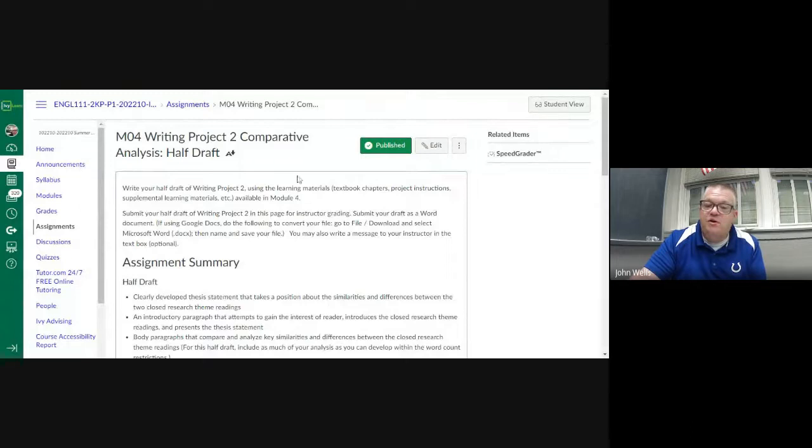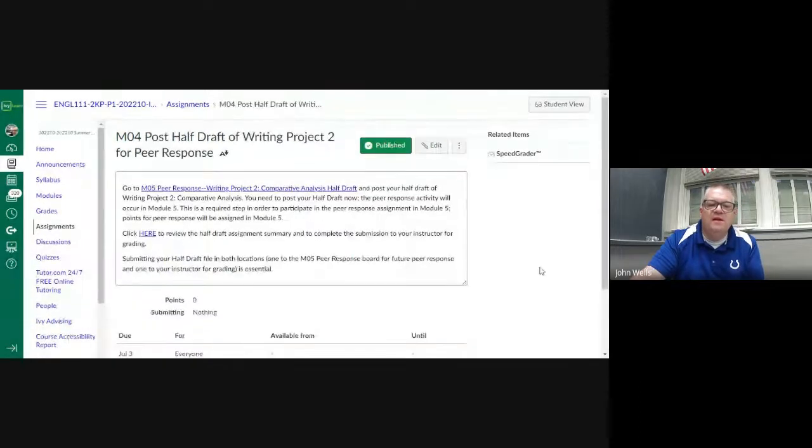Then we have where you turn in your half draft, okay? Again, most of you haven't had any trouble turning those things in, but if you do, email it to me and make sure that you get it turned in on time. That's the key element. Then we can help you get it into the right place if we need to. Once you've linked your Google Drive, you can just do the Google Doc, or you can put in a Word doc. You can submit a PDF, but it's not the best route just because it's harder for me to make comments and notations on.